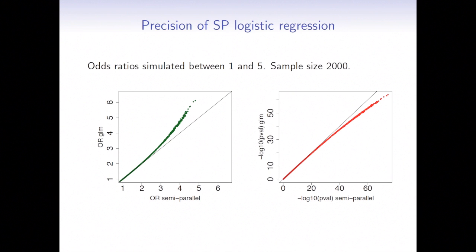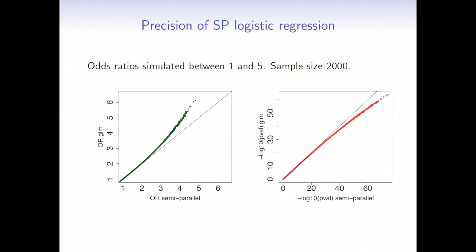But like I mentioned, this is not an exact solution, because in principle, we assume that the weights we took from the model without the SNP are almost final. So we have to investigate how precise we are and how the approximation actually works. So we took the sample size of a typical GWAS, say 2000, and we simulated the odds ratios for the SNP as a random number between 1 and 5. And we assume that this is already very optimistic